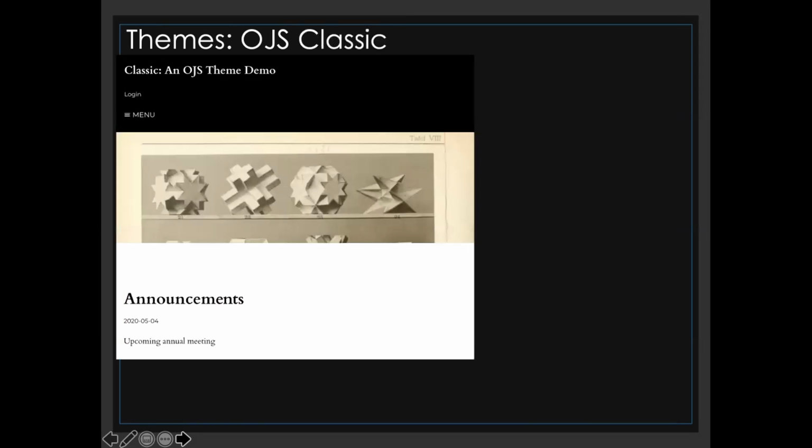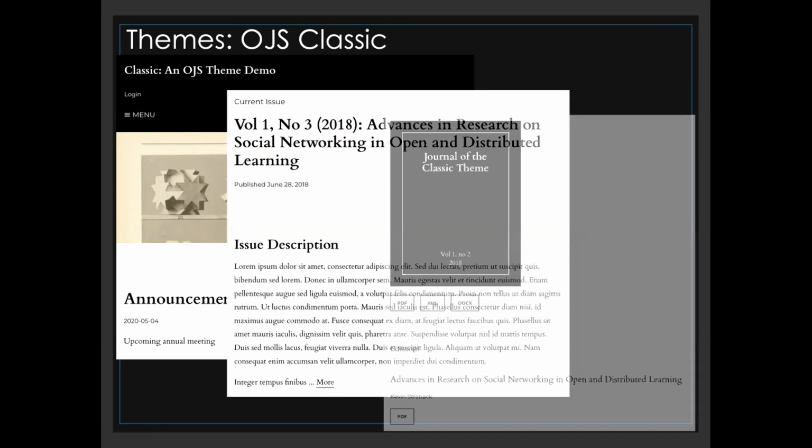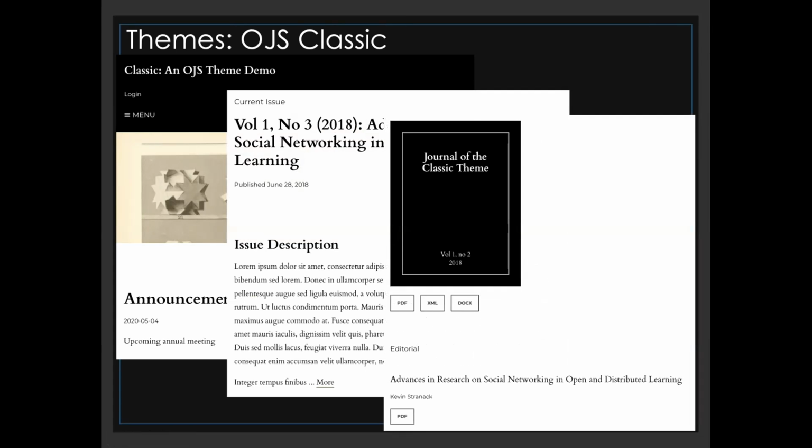Okay, and OJS Classic is another theme that they offer. You can already see this one's a little bit more museum-like, with an image banner across. They used a slightly different font, and it's formatted for scrolling. So let's see what we would see if we scroll down a little bit more. We have the landing page, the announcements, and here we have the current issue information. That's where we'll have our title and our issue description. And this is what it looks like when you actually get into the thing. You can see it's very different, more like a newspaper style